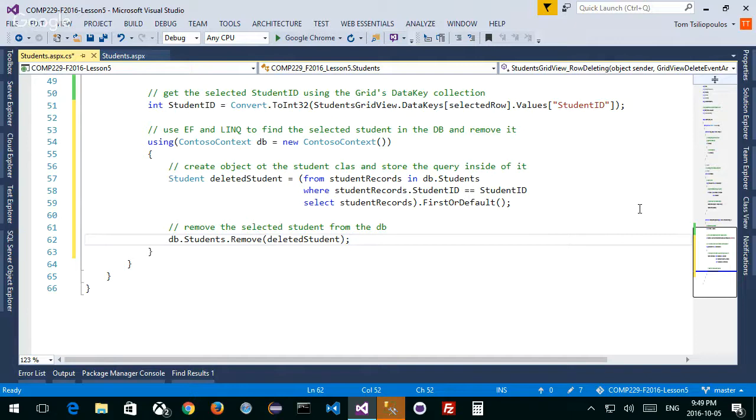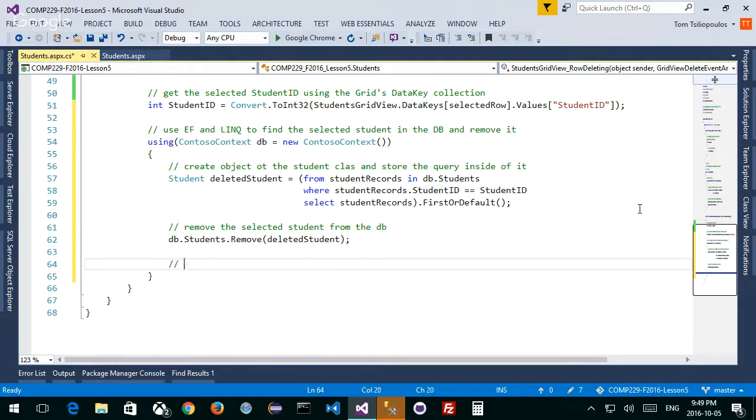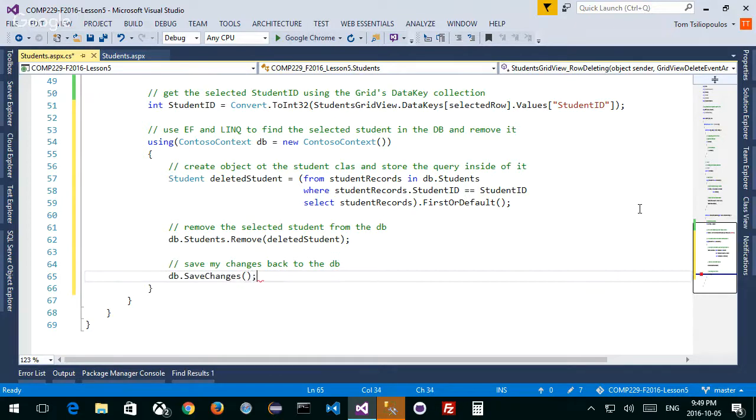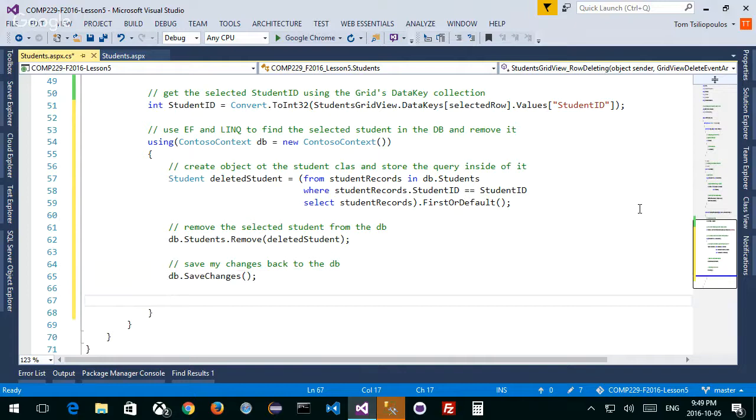Okay, not quite done. We have one more couple of operations. I want to save my changes. I'm telling the database what to do, back to the database. So the way to do that is db.SaveChanges. Also, after I've deleted the student, does the grid change? It's a static grid. I haven't done anything unless I refresh it.